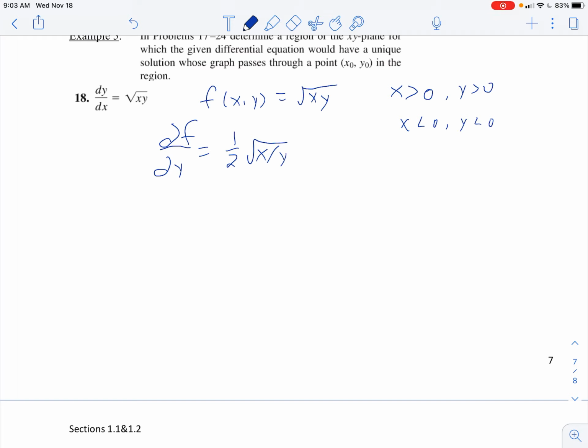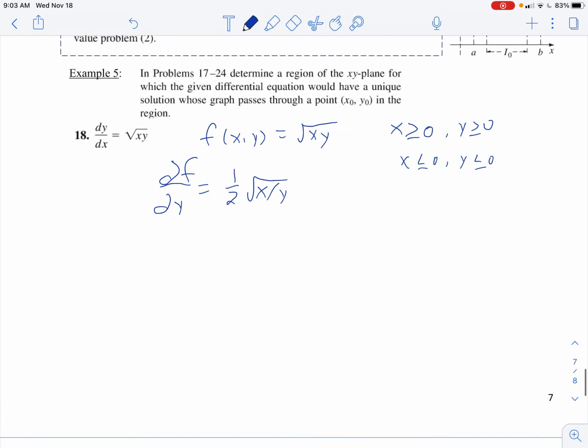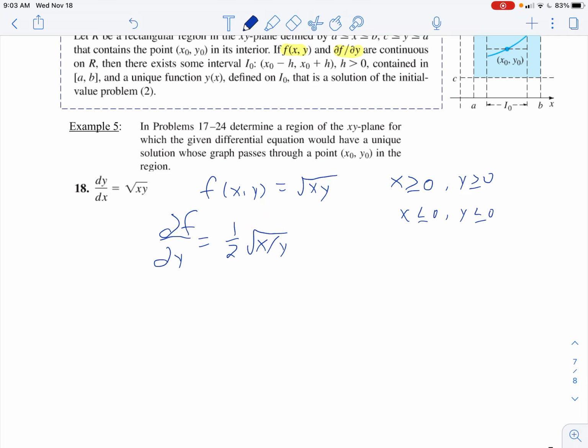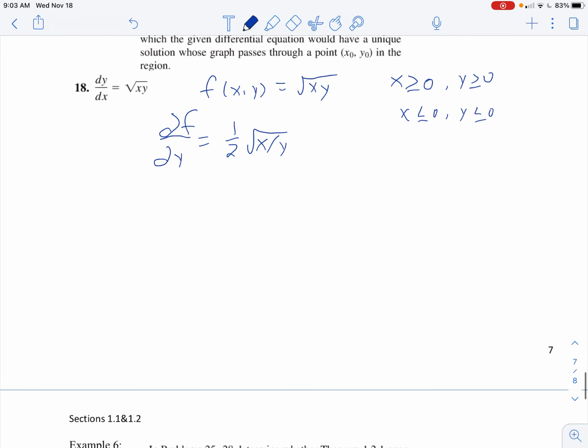All right. And according to this, the same rules apply. For this, we could actually be equal to 0, but down here, we're not allowed to have those y values equal to 0. So we're going to say for our unique solution, or where we would have a unique solution, it would be in any region